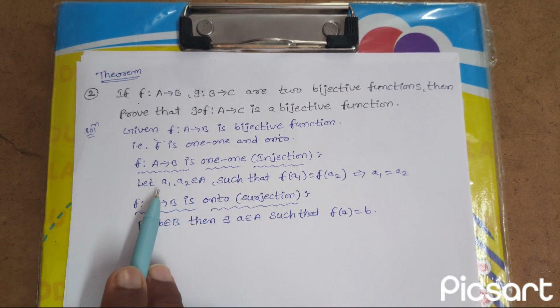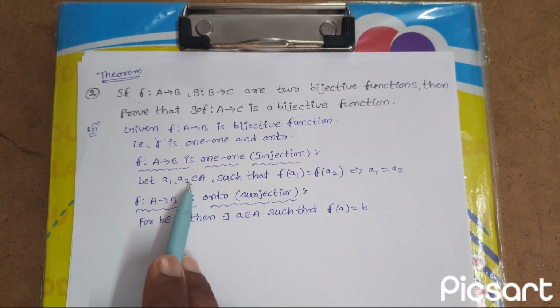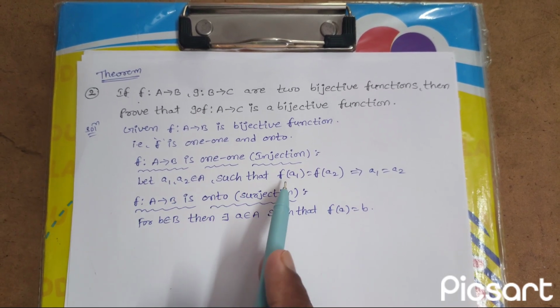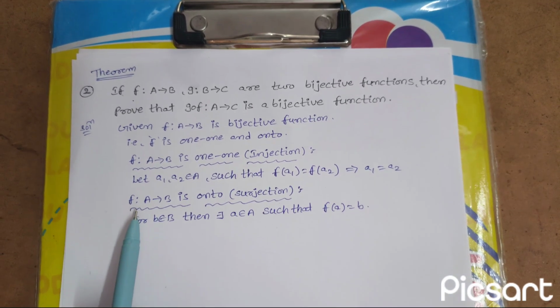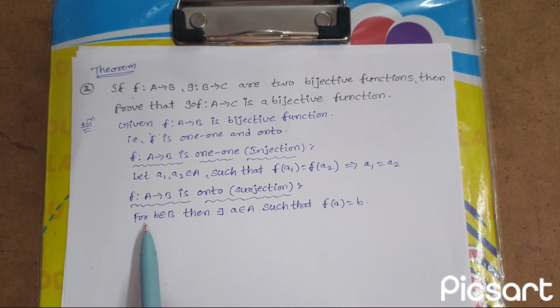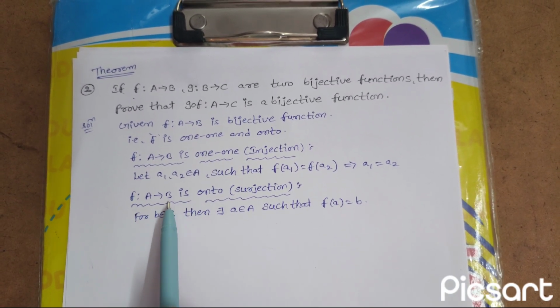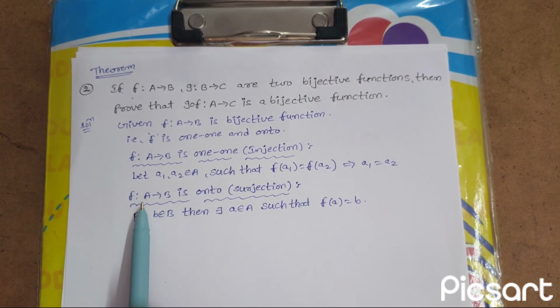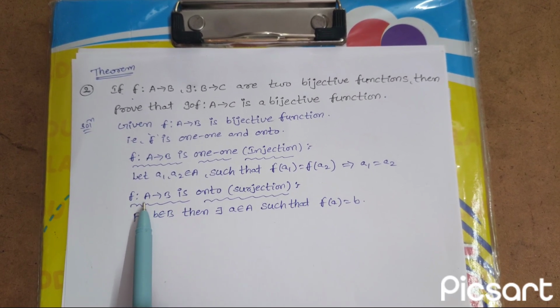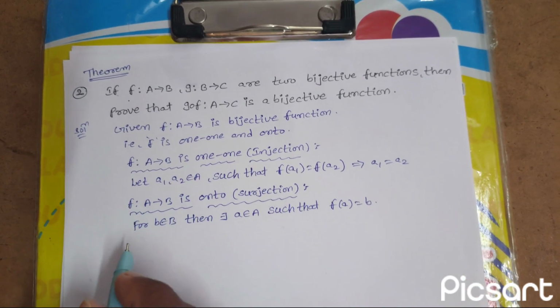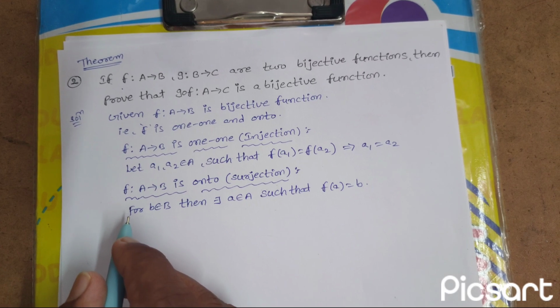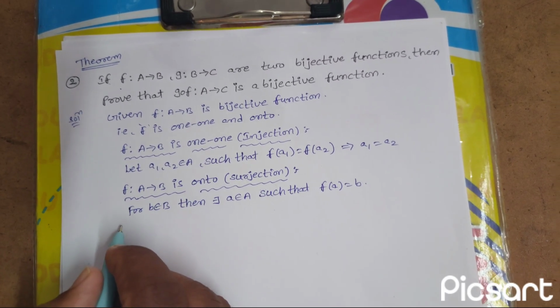In the 1-1 function, take a1, a2 belong to capital A such that F of a1 is equal to F of a2 implies a1 is equal to a2. F from A to B is onto: for small b belongs to capital B, there exists small a belongs to capital A such that F of a is equal to b. Another function given is G from B to C,